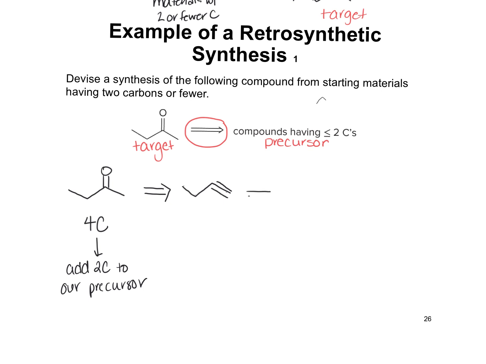Then, right, that means my precursor here needs to be this guy, right, with probably an alkyl halide, because we know how to do that. And then that means that I need to start with,